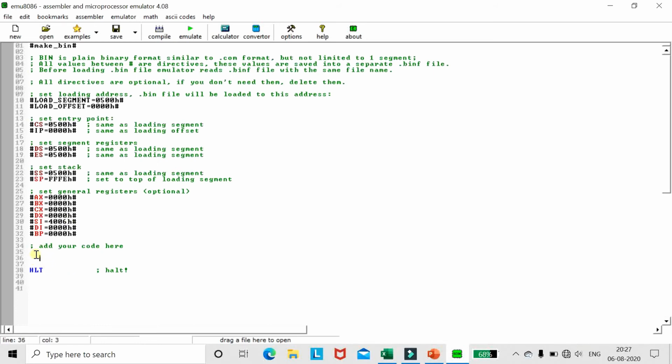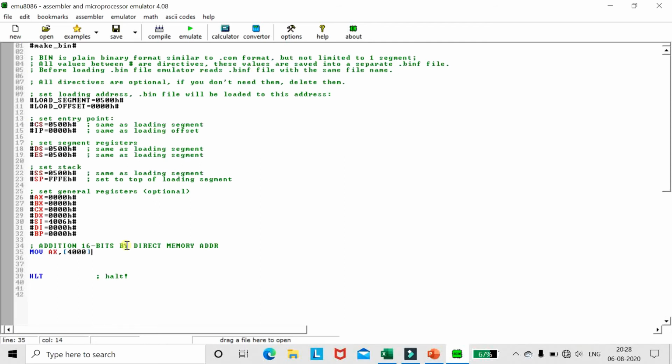We can add a comment here: addition of 16-bit by direct memory addressing mode.